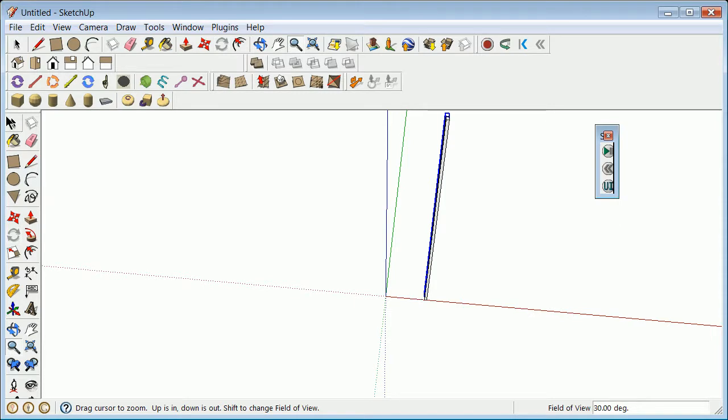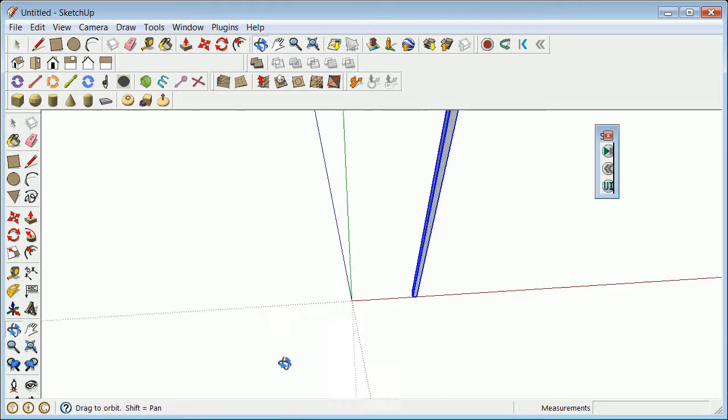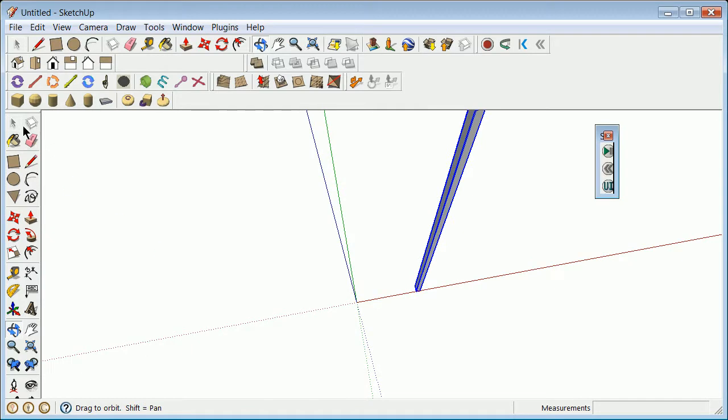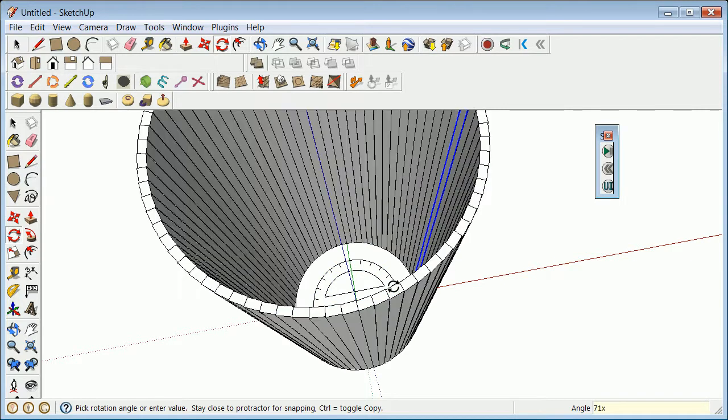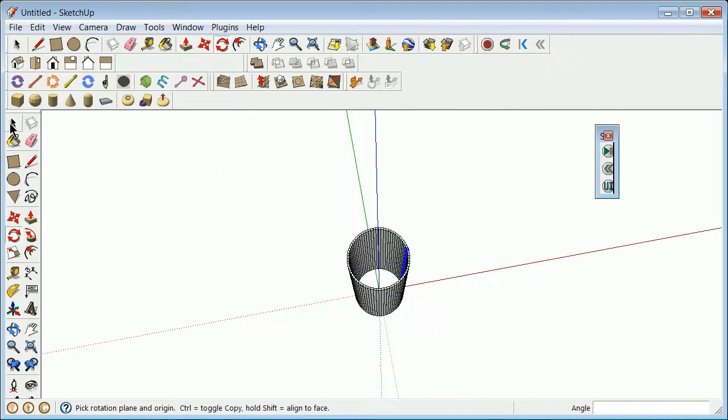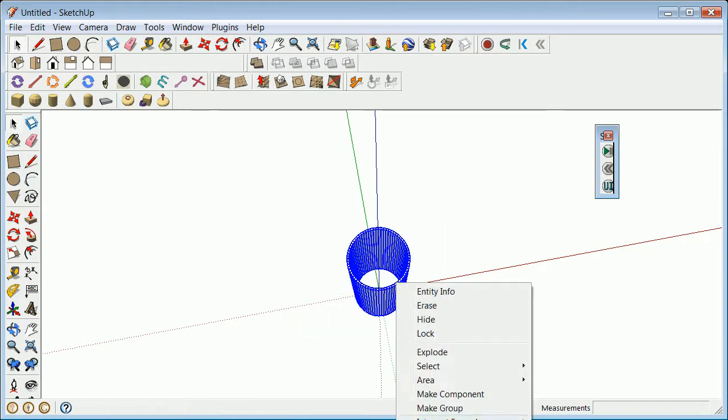Did that wrong. I'm going to come back and see what it did wrong. Edit, undo, rotate. Again, all this is thoughtful. It can be done in AutoCAD as well. We're just going to show you how quickly this comes together in physics. You can click on that, hit the control key, and you're going to say 5 degrees, and then you're going to say 71 times. And you've got pretty much your soil sampler. You now make this over the top, grab everything, right click,